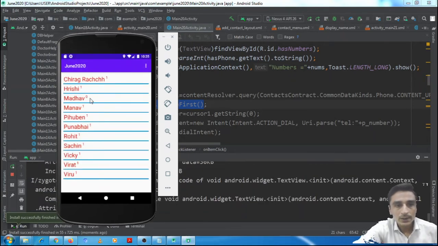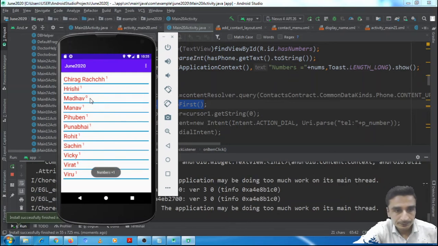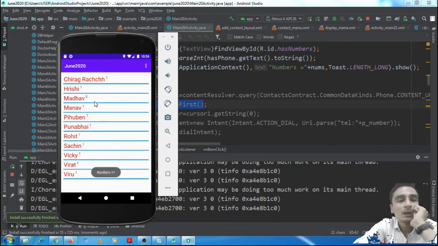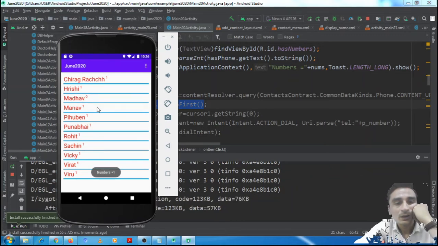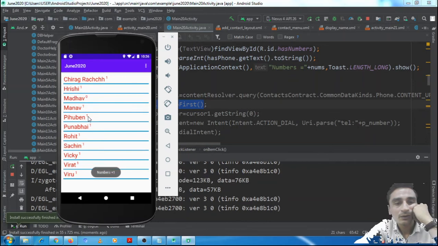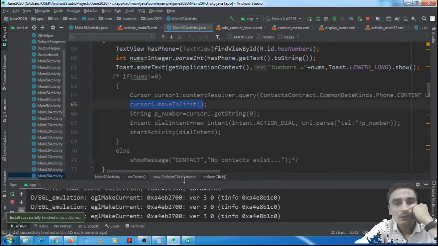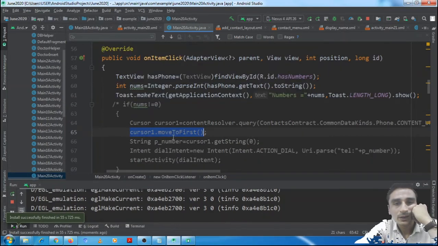Let us click on this record. Number is equal to 1. It is showing number equal to 1 here, and here, and here, everywhere. Why is it showing that integer?